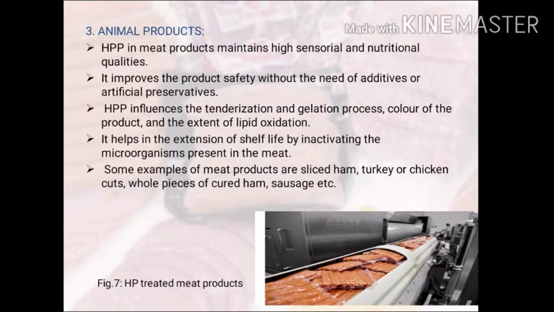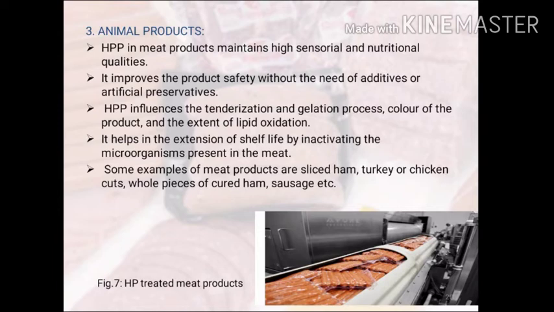The third one is applications of high pressure processing in animal products. High pressure processing in meat products maintains high sensorial and nutritional qualities. It also improves the product safety without the need of additives or artificial preservatives. It influences the tenderization, sensation process, color of the food products, and the extent of lipid oxidation. It also helps in the extension of shelf life by inactivating the microorganisms present in the meat